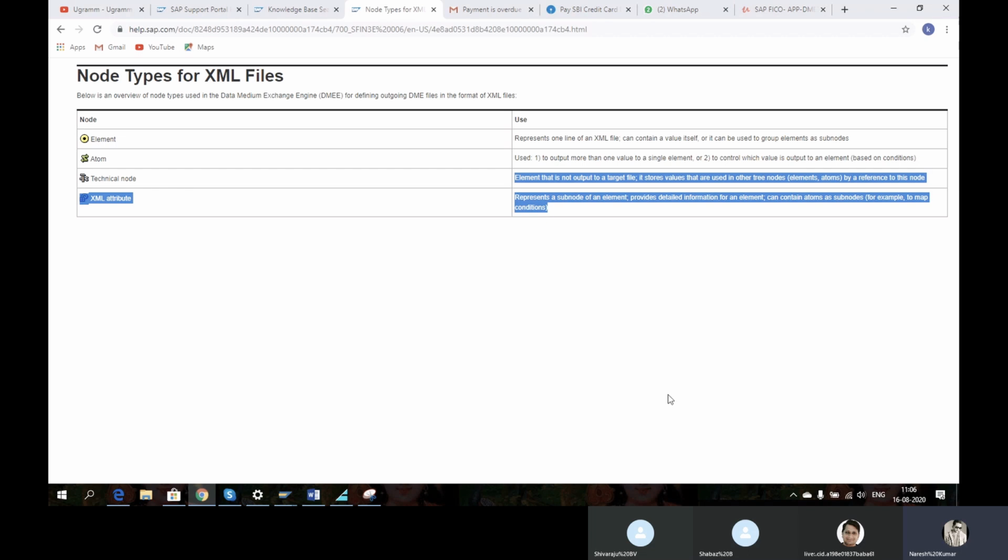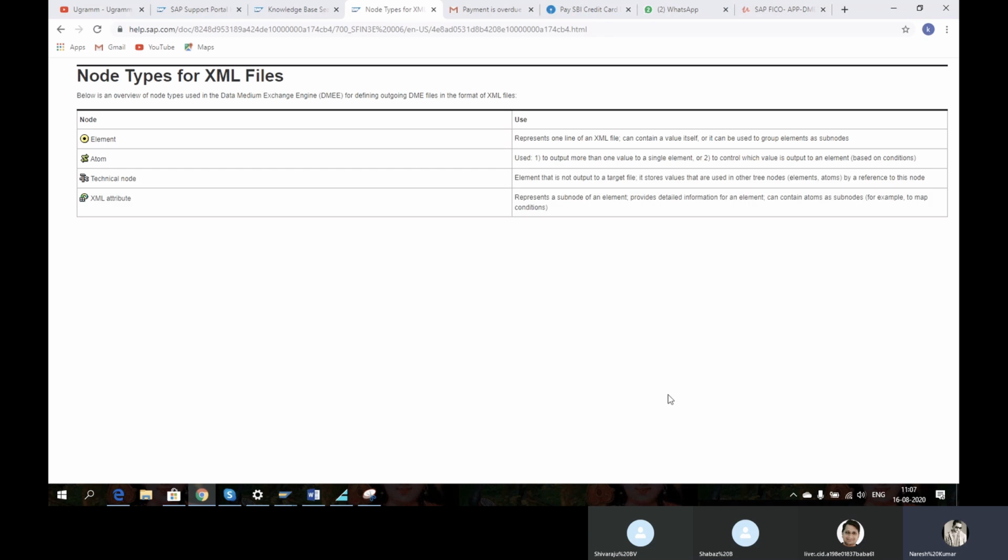XML element represents the XML files and can contain a value itself. It can be used to group elements as subnodes. Atoms, definitely they will ask you, output more than one value to a single element, we use one methodology. And the second one is to control which value is output to an element based on conditions. This is the same as in XML or flat file.